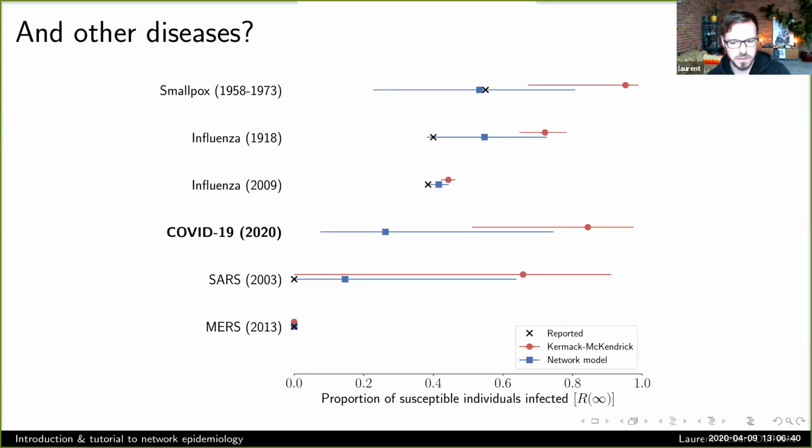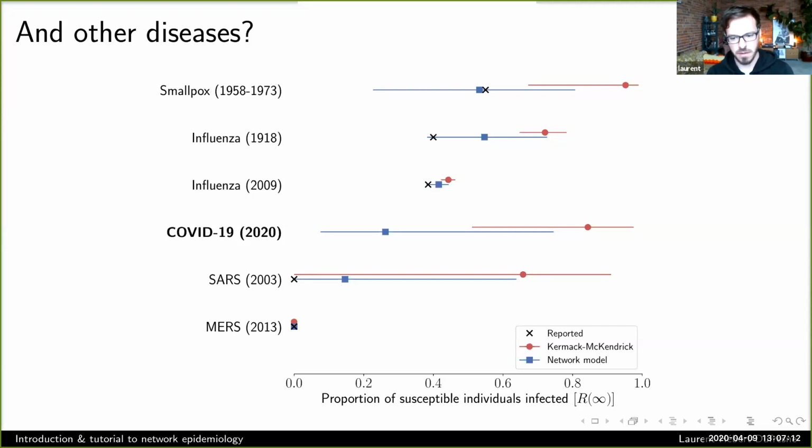Since then, we took the time to look at other diseases, because a lot of these approaches have never been validated. Real disease modeling is so noisy. Here I'm comparing, almost for fun, reported cases in different communities of different outbreaks from 1918, so the influenza pandemic of 1918. And I show with X markers the proportion of susceptible individuals in that population that were infected. And then I compare the Kermack-McKendrick model in red.